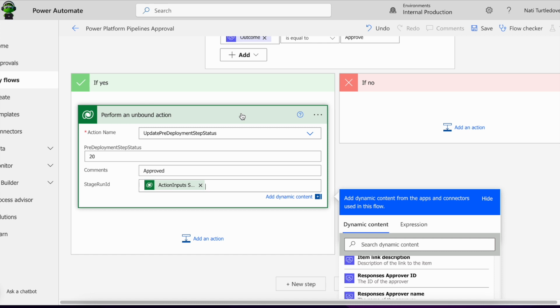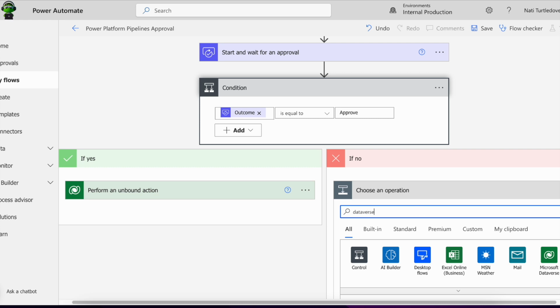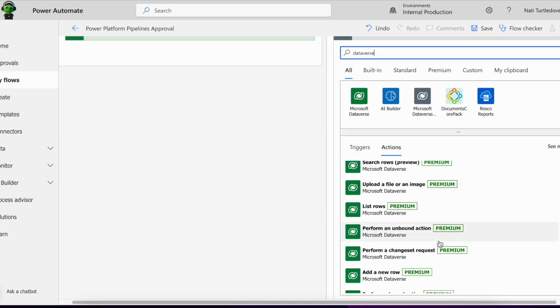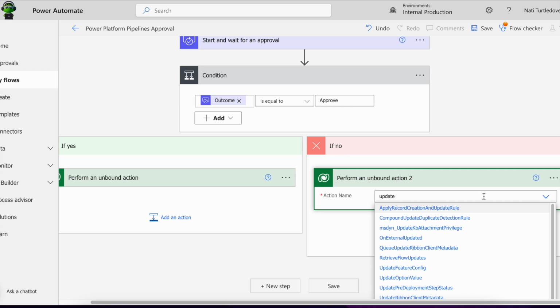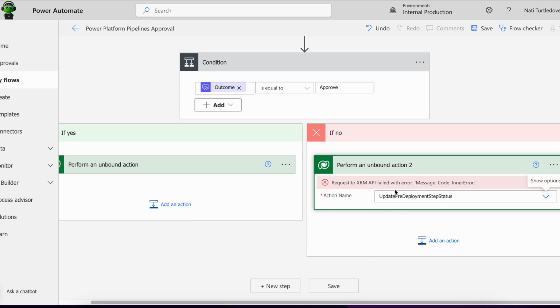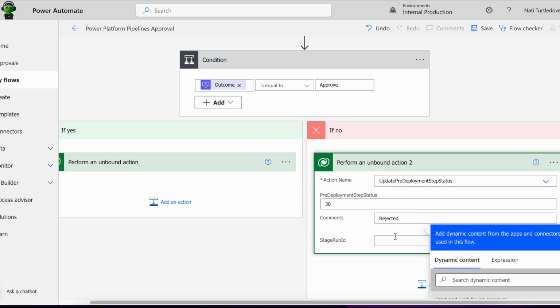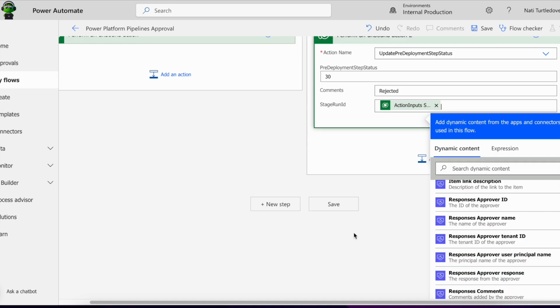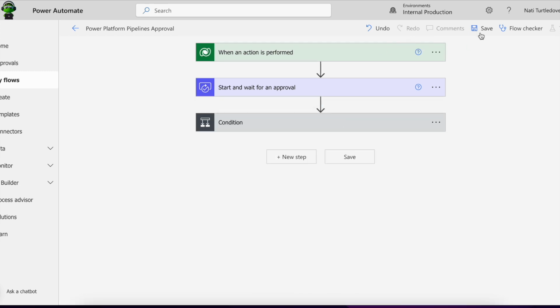So if it's approved, it will update our deployment step to say, okay, this deployment is ready to go through, and it will automatically then deploy it from your predefined environments. And then the same applies for if it's rejected. So we can say Dataverse perform an unbound action. We're going to say update pre-deployment status. We're going to call this one 30, rejected, and again we're going to link it to our stage run ID. And that's basically it. We've built a really straightforward, simple approval process to release a deployment when it's been requested. So if you click on save,